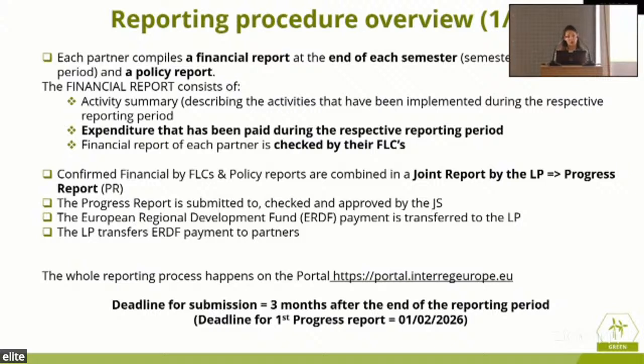And your report is going to be checked by the FLC. I'm going to mention this again later on, but I'll just repeat this now so that we have heard it as much as possible. It is better to take your financial report through the LP first. So if something needs to be changed, you don't have to have the FLC reject it and get it back to the LP. So it's better to run your financials through the LP before your FLCs, so you know that everything is on track